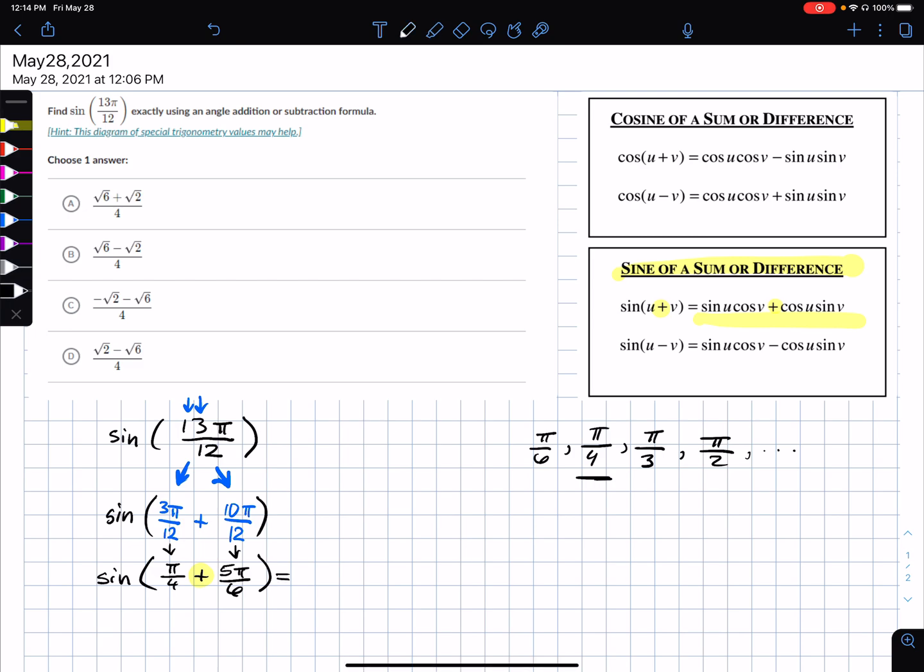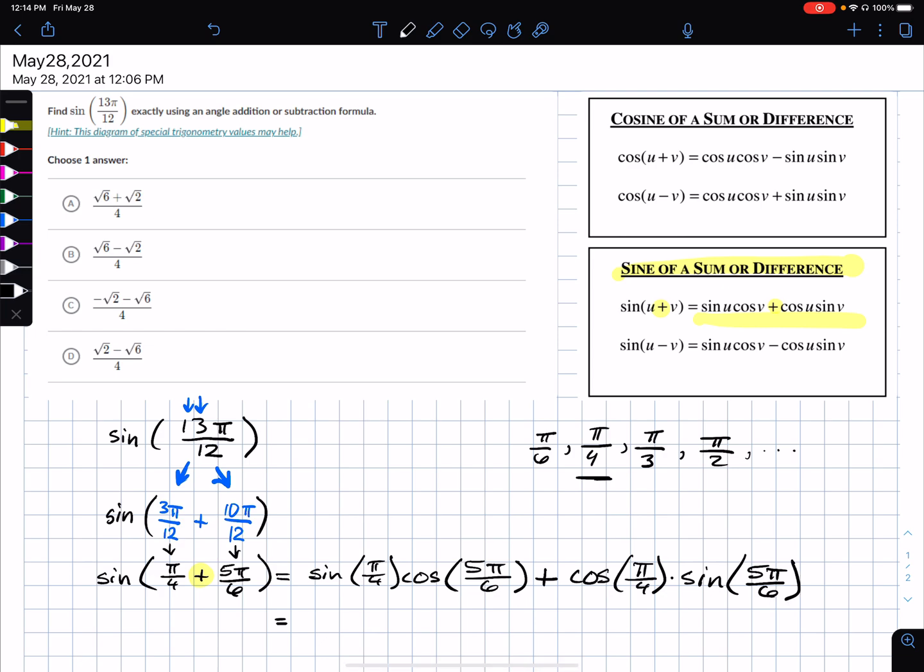This will be sine of pi fourths times cosine of 5 pi sixths plus cosine of pi fourths times sine of 5 pi sixths. Okay,